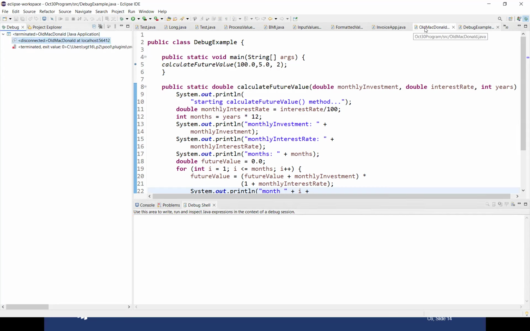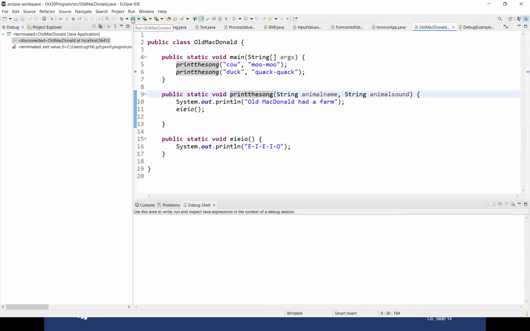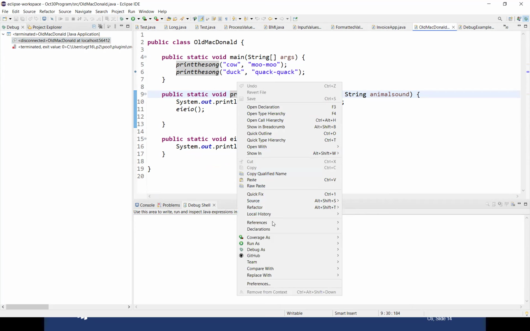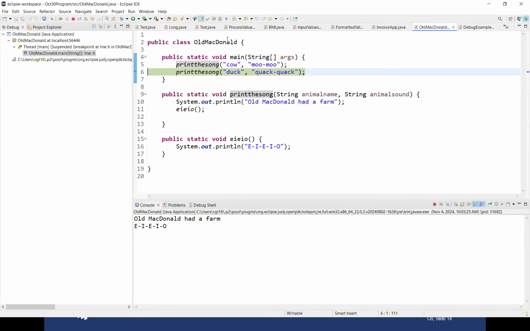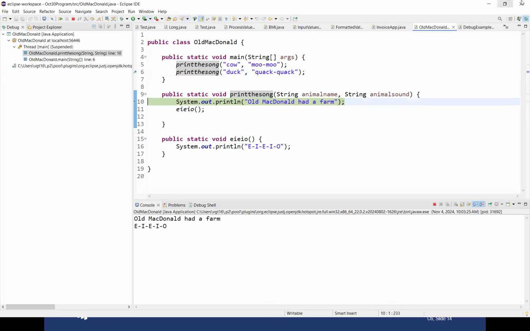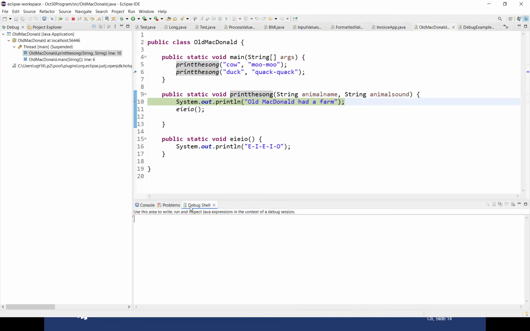Okay, so this is my old McDonald's, and I will right click, debug as Java application. It runs. And there are some commands over here. If you will see, there is this resume, there is this terminate, there is step into, step over. So what I'll do is I will click on step into. So this specific command, arrow with the downward arrow. So if I'll click on this, you will see the way